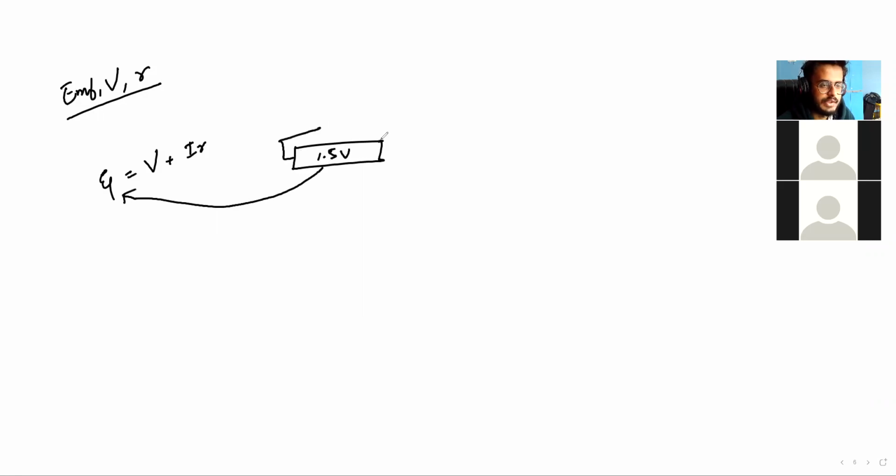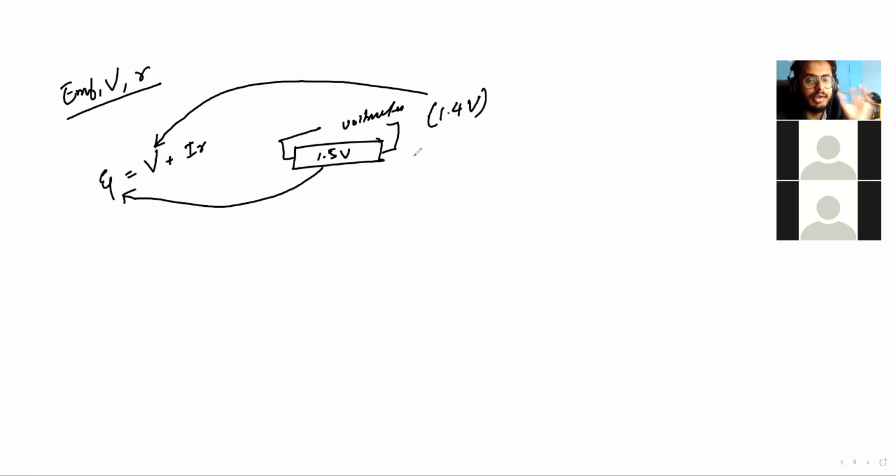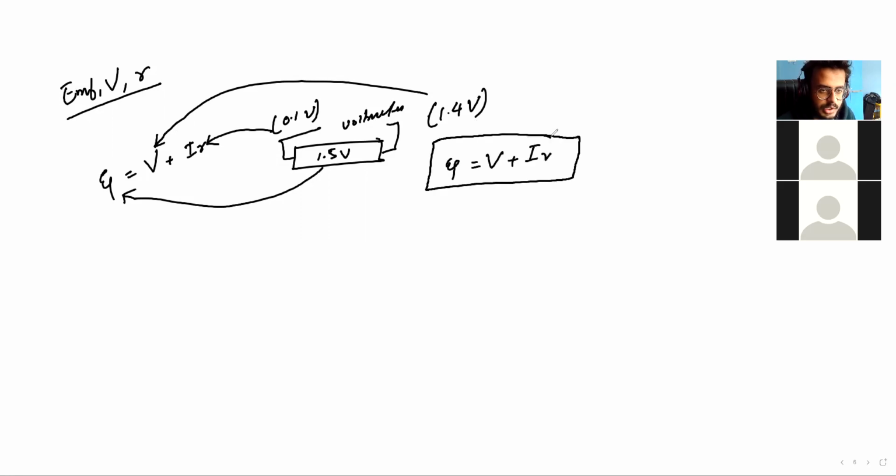But now if I tap the ends of this using a voltmeter, and I find that the actual voltage that the battery is supplying is 1.4 volt. So this actual voltage, the 1.4 volt, is known as the terminal potential difference. So the remaining 0.1 volt is lost inside the battery by overcoming the small internal resistance of the battery. So this is the internal resistance. This is the remaining 0.1 volt. So I'll write it again. EMF equal to terminal potential difference plus current into internal resistance, small letter r. So this is the one formula that is extremely important.